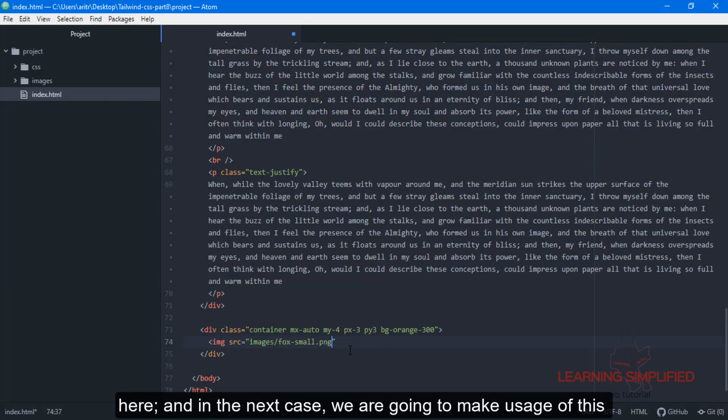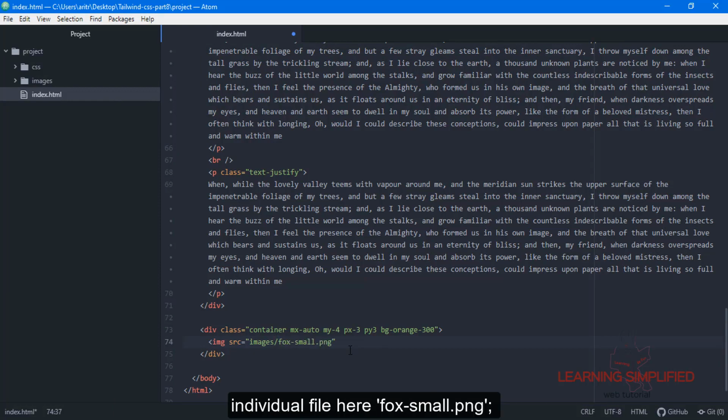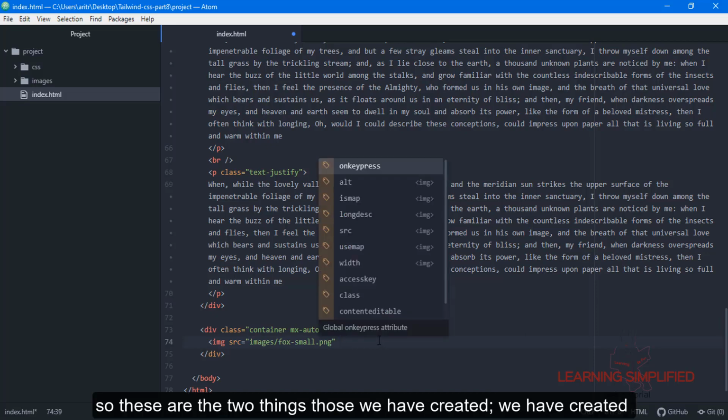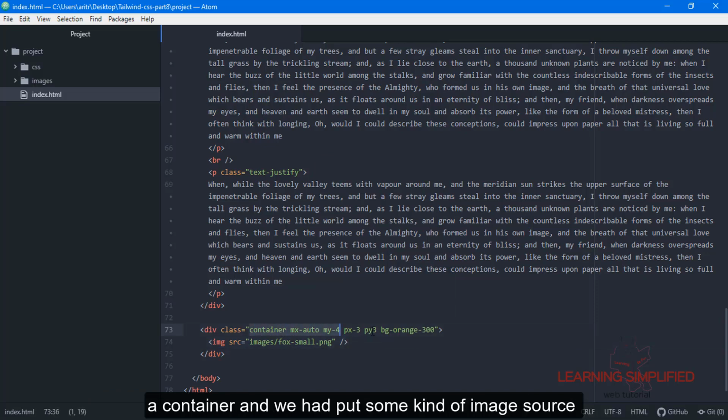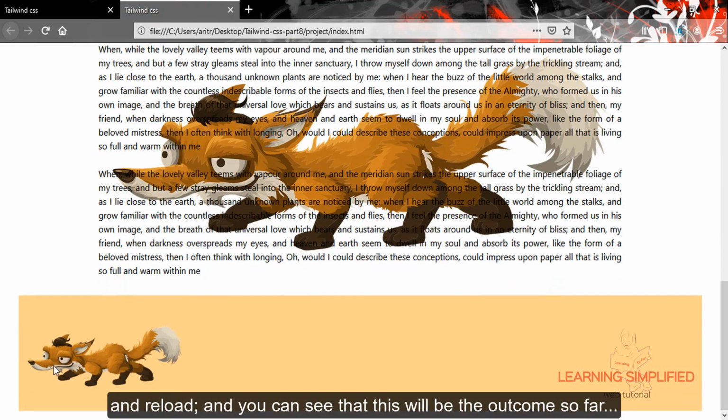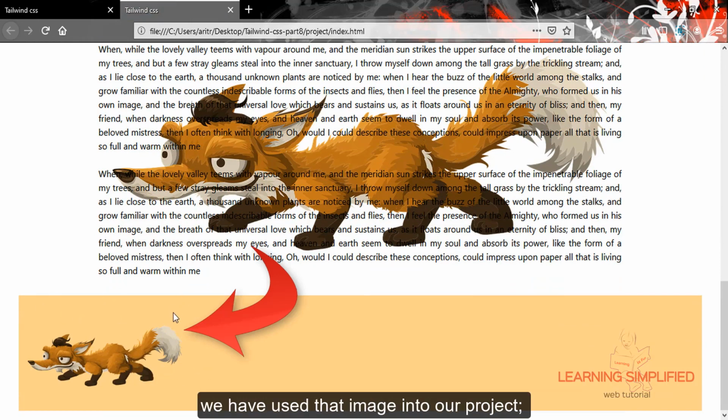And in the next case, we are going to make use of this individual file here, foxsmall.png. So these are the two things that we have created. We have created a container and we have put some kind of image source into it. So in the very first case, get back to your project and reload. And you can see that this will be the outcome so far. We have used that image in our project.